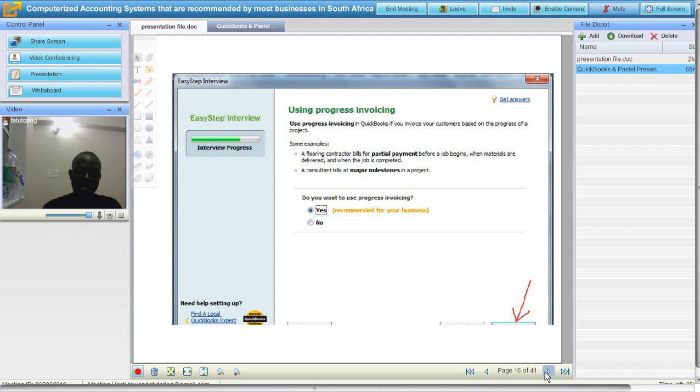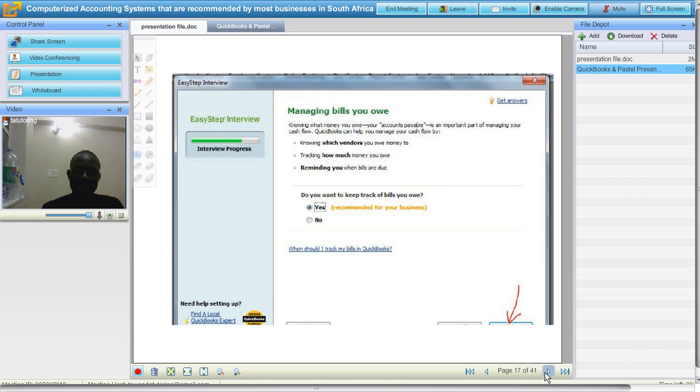Do you use progressive invoicing? Tax Sharing Service uses progressive invoices because as a construction company, at a certain stage of the project, we send an invoice. Let's say, for example, we are building a building, which is the project. At foundation level, we bill and send an invoice. At window level, we bill and send an invoice. And at roof level. Those are what we call progressive invoicing. So if your company does that, click yes and click next. If it doesn't, just click no and click next.